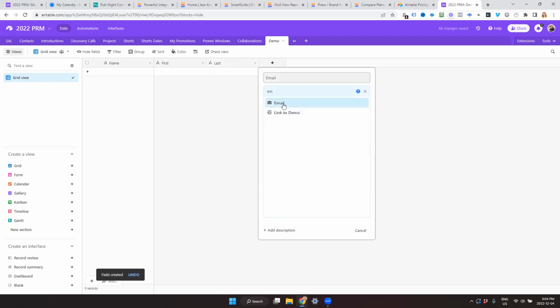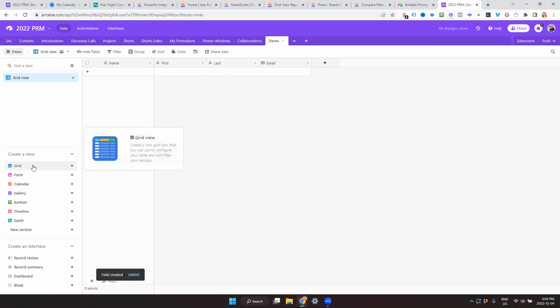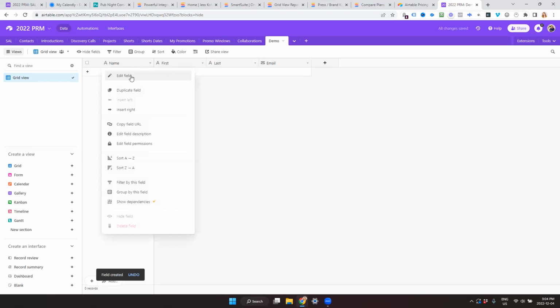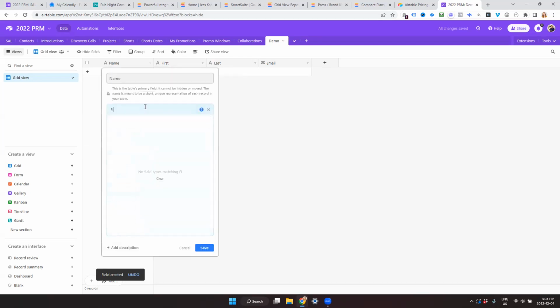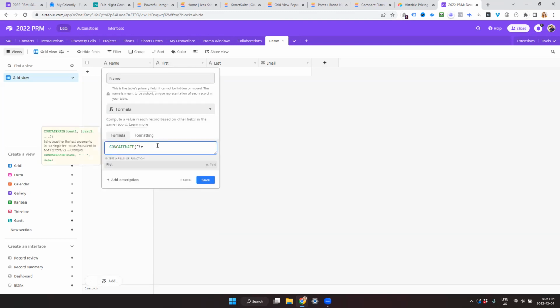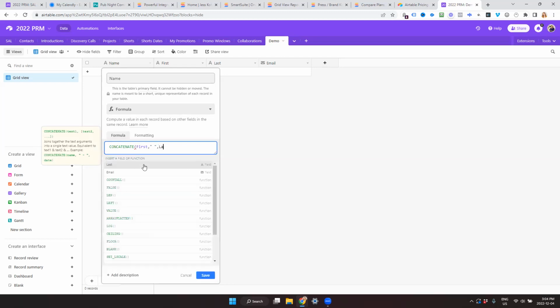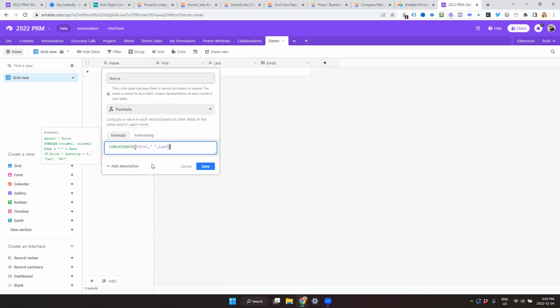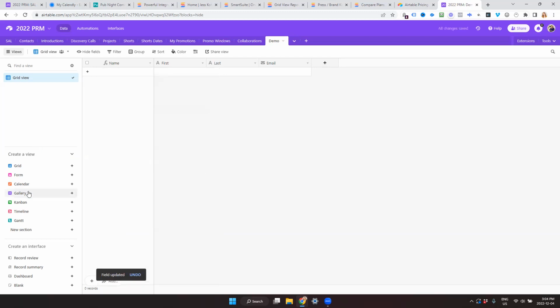So as an example, I'll just make a formula to grab the first and last name. So concatenate means like string the first name, some space, and last name together. Okay, so then we can create a form.